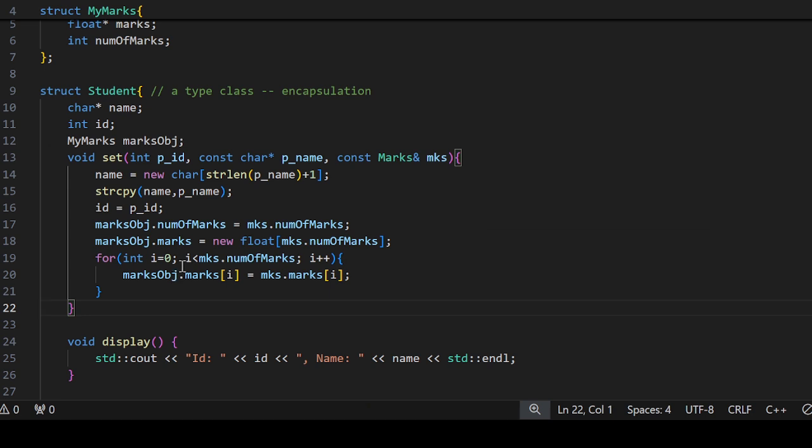So this will be the set function that we will be using for this class with the additional object marks,